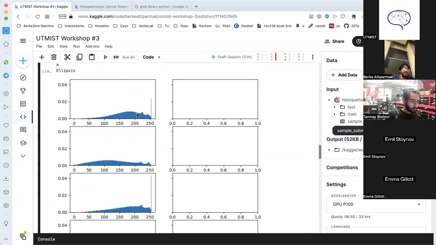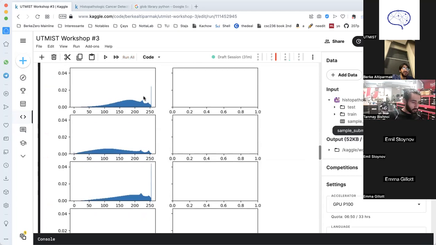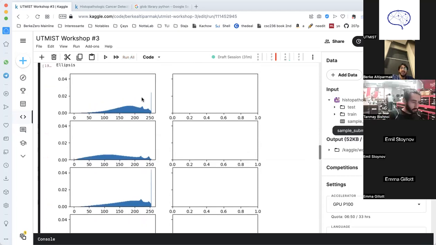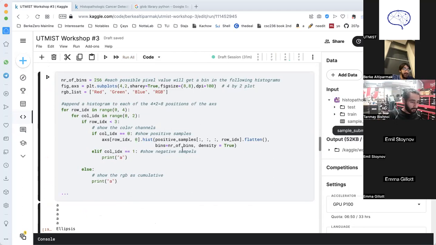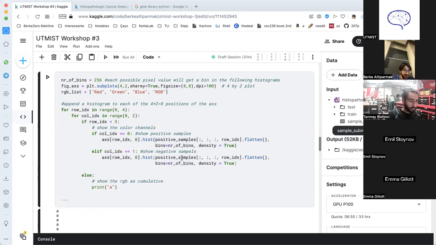So again, we see we started showing the positive images. This is the distribution of red channels in positive samples, and the distribution of green channels and blue channels. So I will go back up here and do the same thing. I'm just copying this for negative samples as well, but instead of saying positive samples, I will say negative samples. So if I run this again,